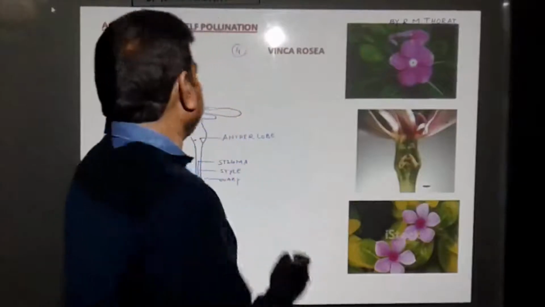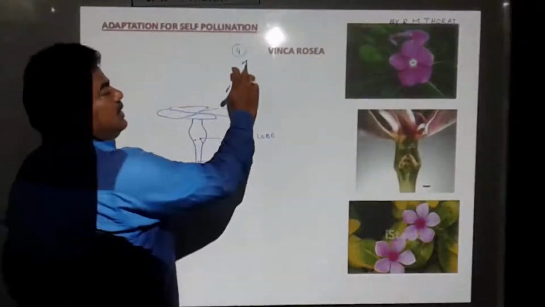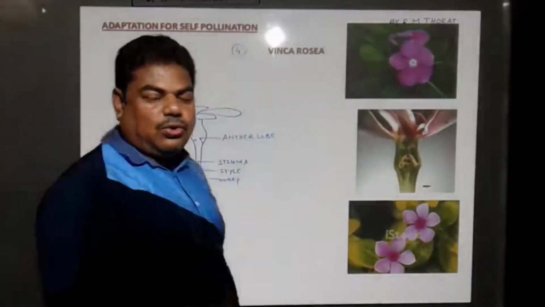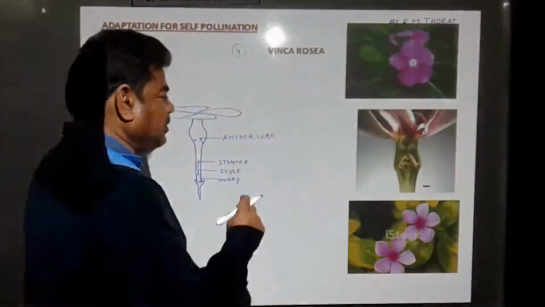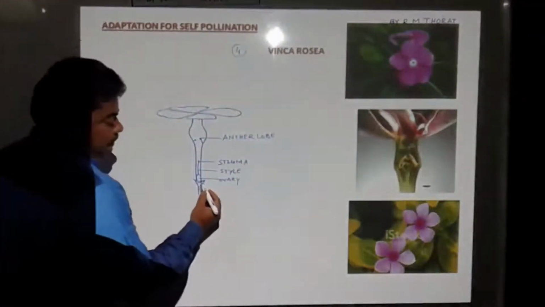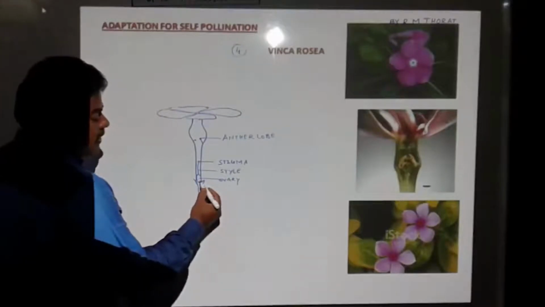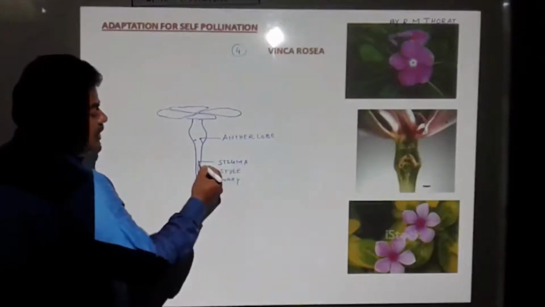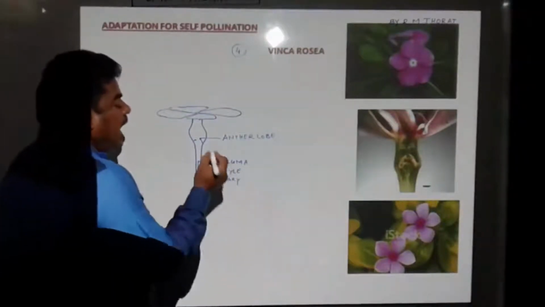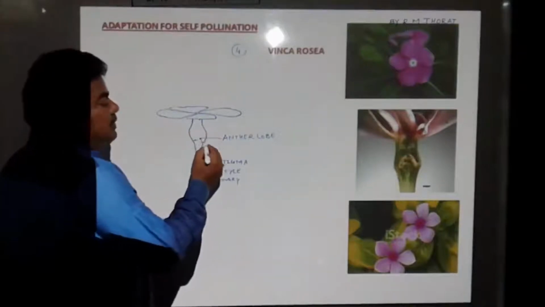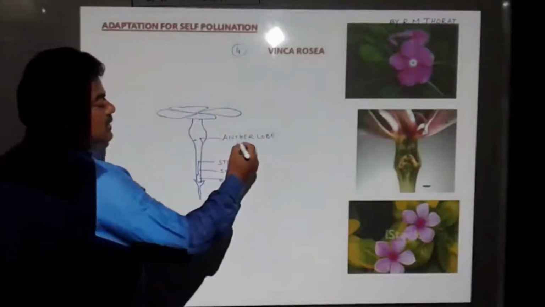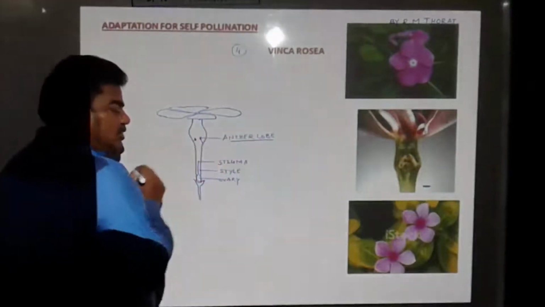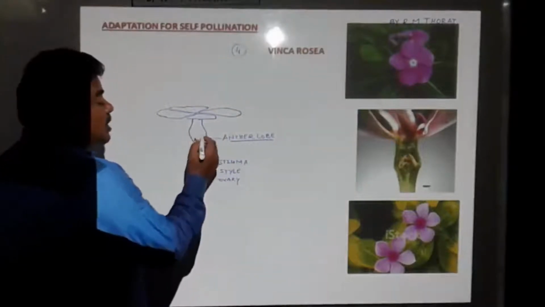Now the next type of adaptation for self-pollination is shown in the case of Vinca rosea. This one is a flower of Vinca rosea, Sadafuli. Here, the ovary is present at the base. It consists of this style and this stigma. This is the female reproductive organ, and the male reproductive organs are present at the collar of this flower. This one is the anther lobe. Now when this anther lobe gets mature, there is a chance of this pollen grain